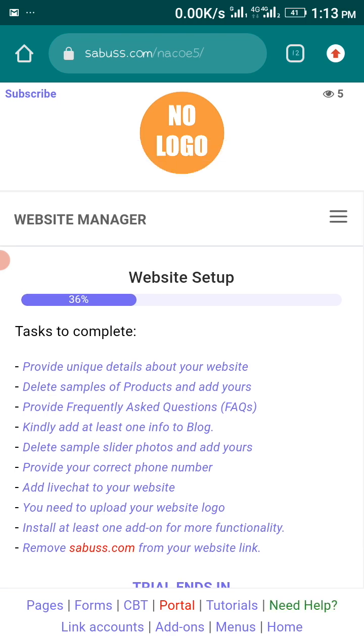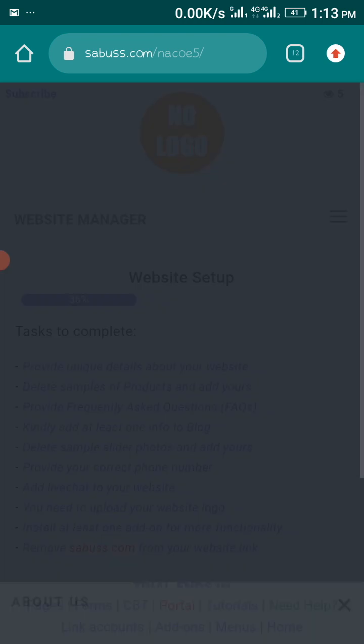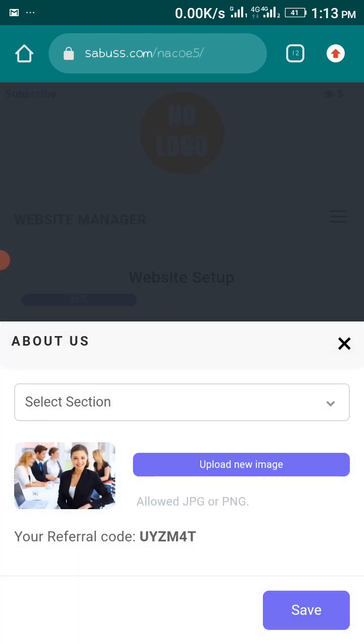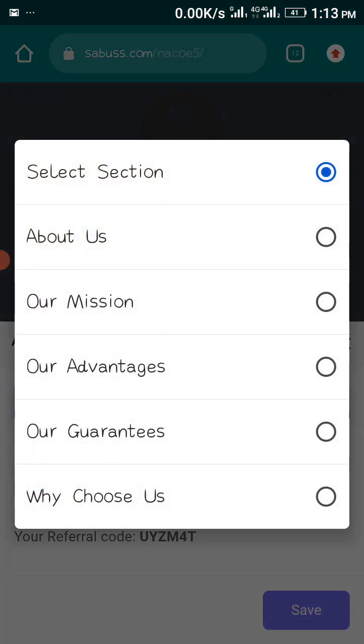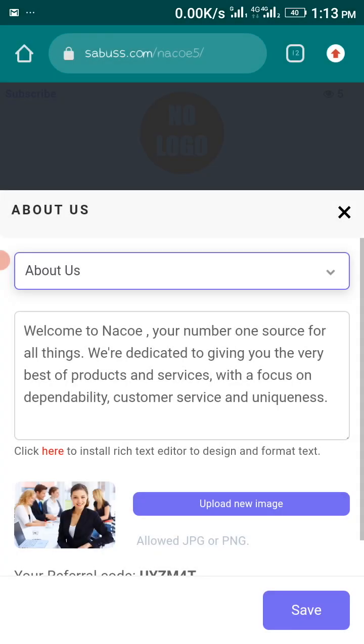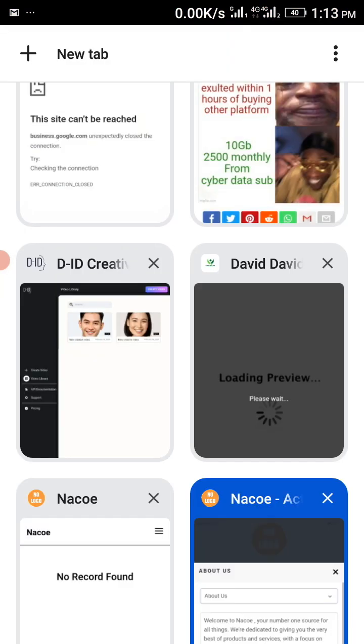So okay, about us. This about us there, this is it. If you wanted to set about us, you can see select section. So about us, our mission, which we see earlier. So you have to click on them and set it. So about us, this is the one that is there, the present one in our website, which is